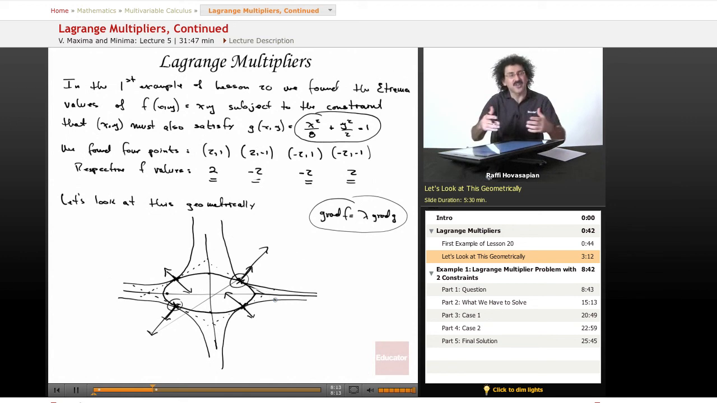So the gradient vector is going to be perpendicular to that tangent plane, and the gradient vectors are either going to be in the same direction or in opposite directions, but they're going to lie along the same line. Okay, so that's all I wanted to demonstrate. We're going to do one last example for Lagrange